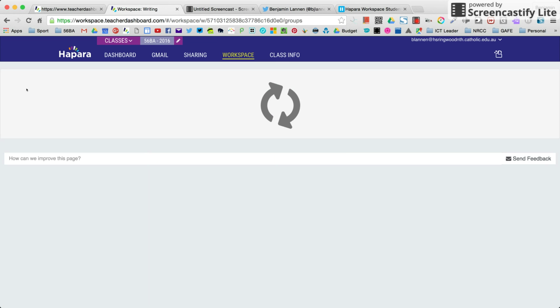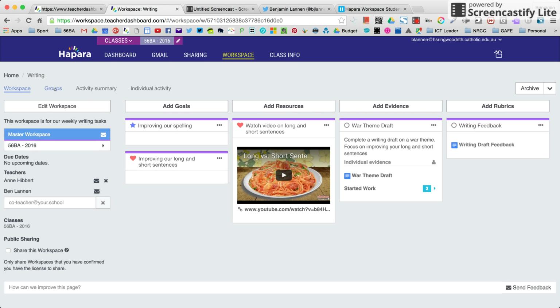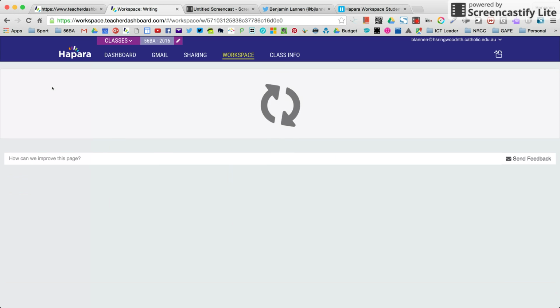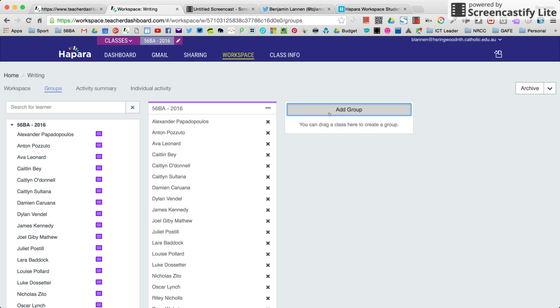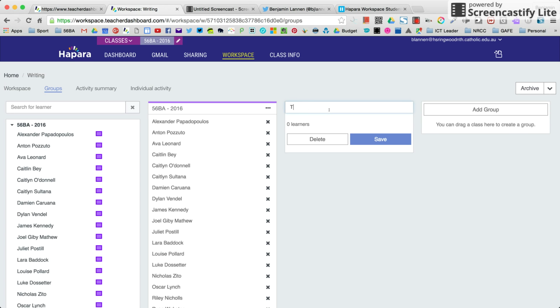Sorry, I'll just go back in the workspace to make sure that's really clear. If I click on groups up here, I can create a new group and just call that the teacher group by clicking add group, or just teachers, and click save. And what this does is create a second group with no learners in it that I can allocate the